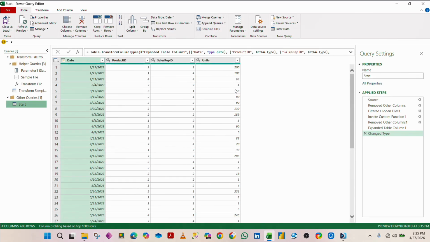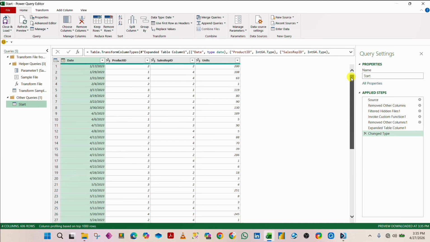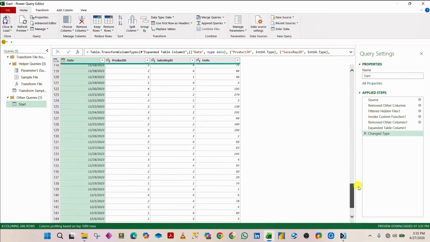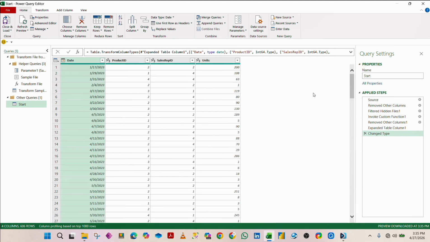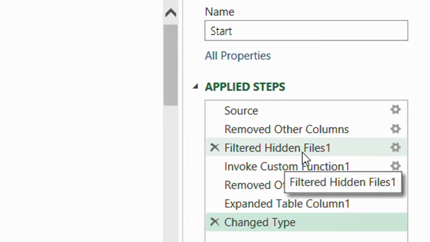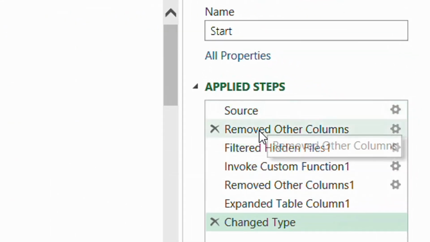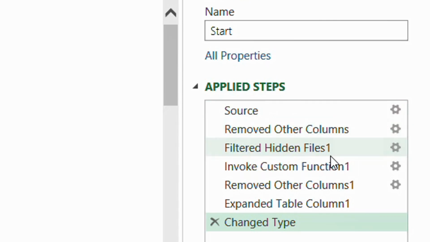When we now hit OK, this is our result. All our 3 files have been combined. And then if you look here, these are the applied steps. You discover that we already had this one initially, right? So what happened? The first step, in order to combine the data,